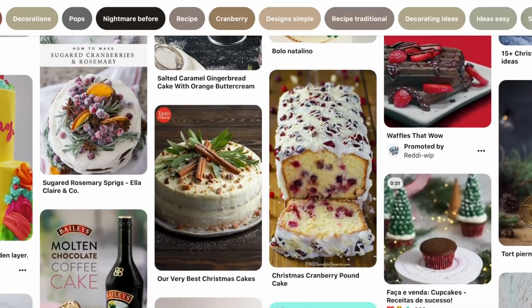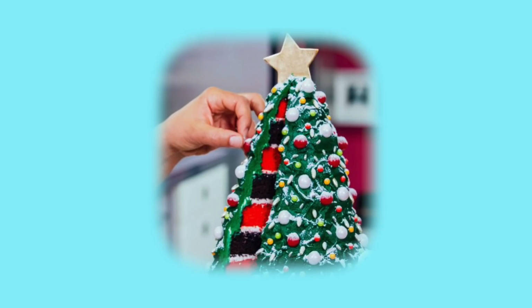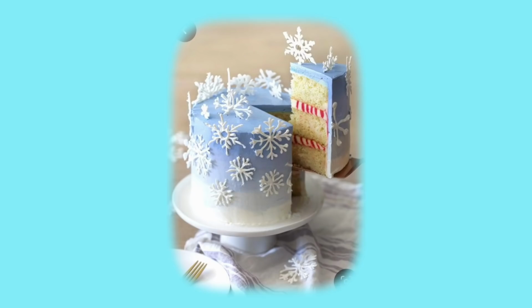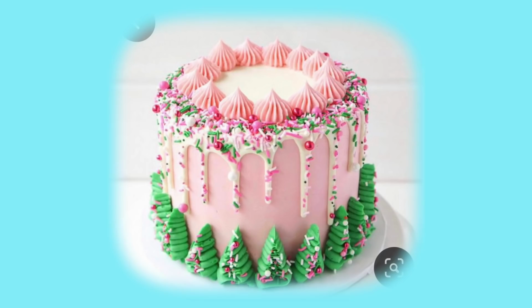cutest things came up. Like this little village of a cake. I'm not sure if I want to eat that or just live in there. A simple Christmas tree. She's sophisticated. A hot cocoa in a mug cake. Okay, but where do you get that mug? It's actually really cute. Oh, there's frozen candy cane cake. It looks like it was made by Elsa herself. A reindeer cake that ironically ran out of frosting. A pink cake if you want to be festive and modern, keeping up with the times and keeping up with